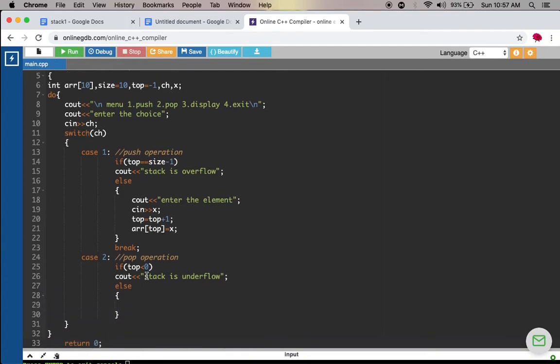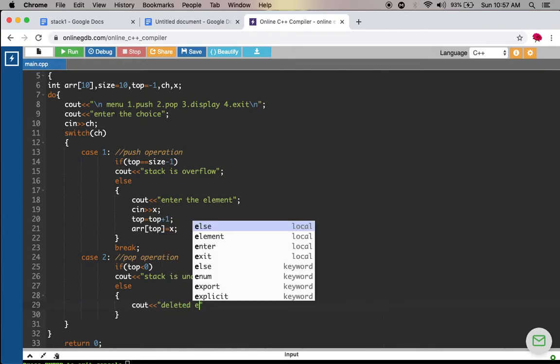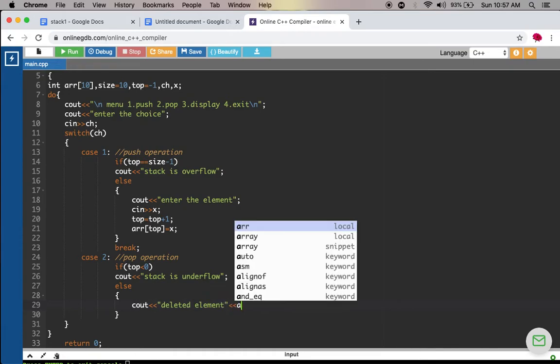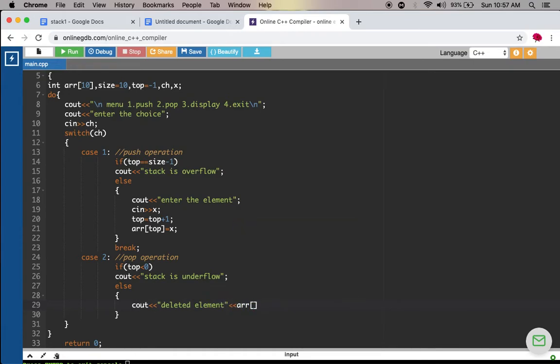Then you can delete the element from the stack. In order to delete the element, first I am printing the deleted element. So the deleted element is array of top.